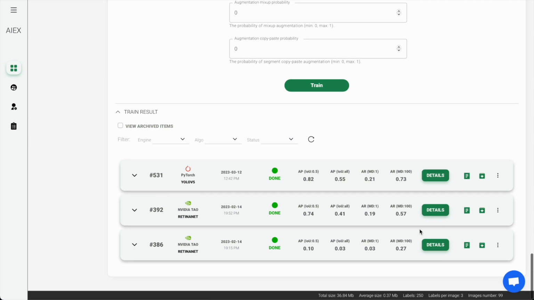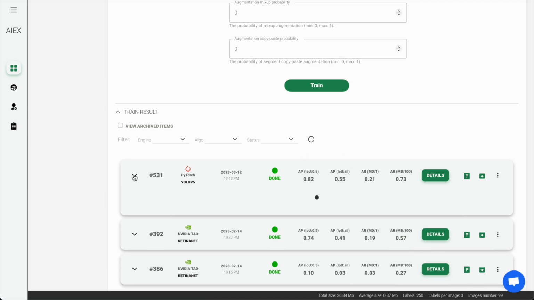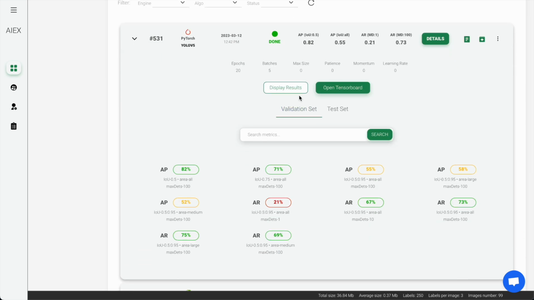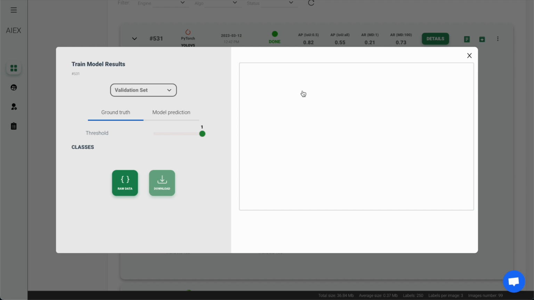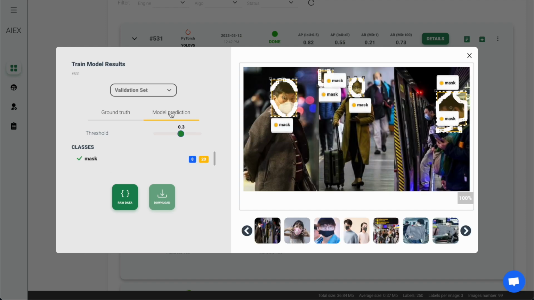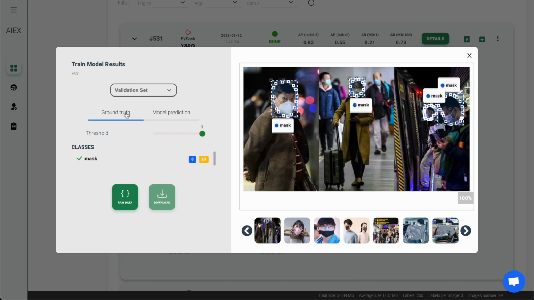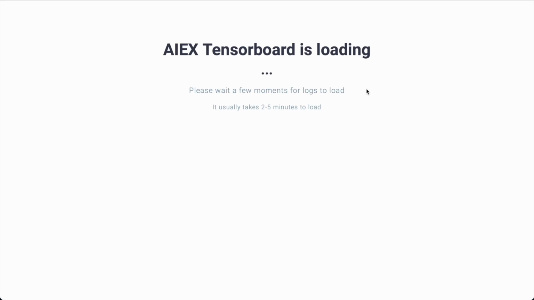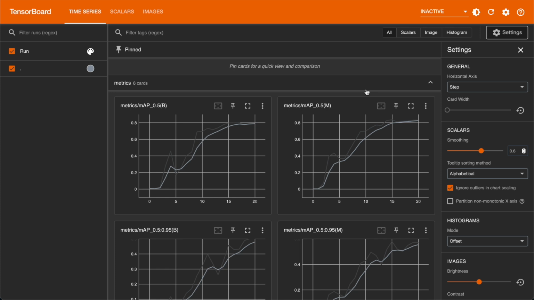After the training is complete, you can find your model down here. Click to expand it to see more training details and metrics. You can see how the model did on validation and test images here, and compare its performance with the ground truth. You can also access the TensorBoard, which is an indispensable tool for debugging and experimentation with powerful visualization and